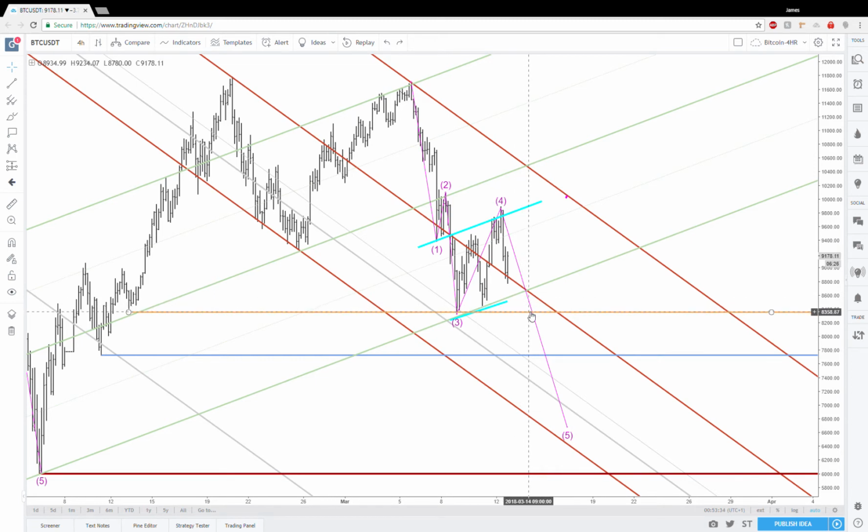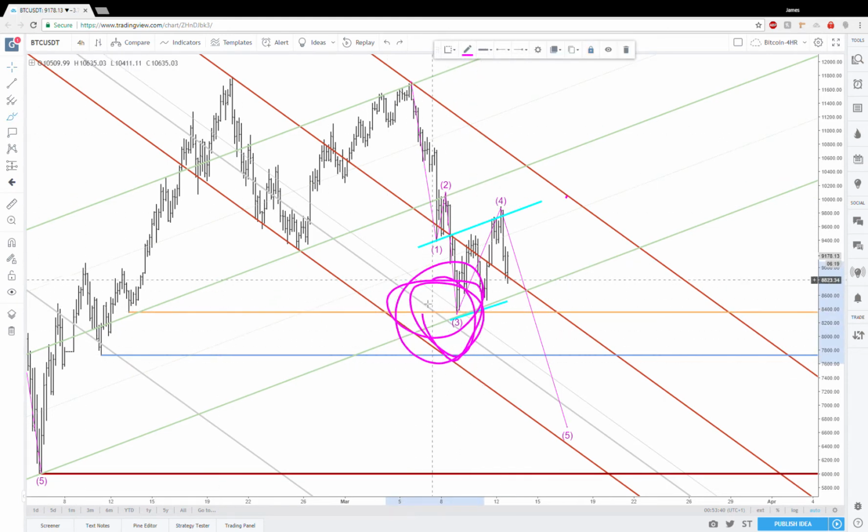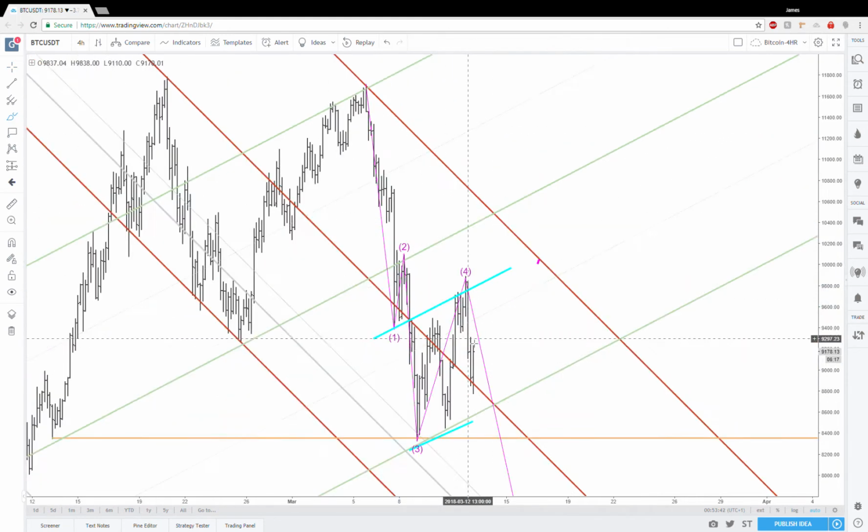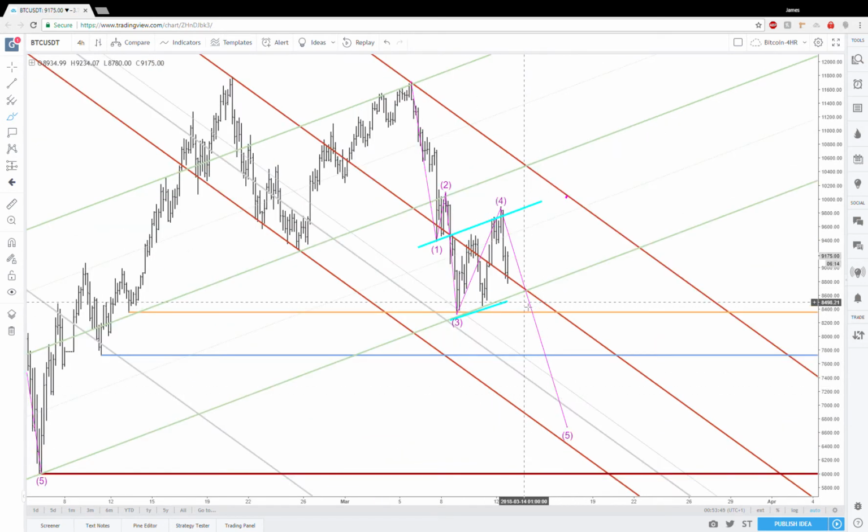First, we're going to retest the 8350 zone where this bottom was right here that you can see. Let me trace it because if you're on your mobile, you won't be able to. Right here, if we bust that zone, the next logical area is this blue line right here at roughly